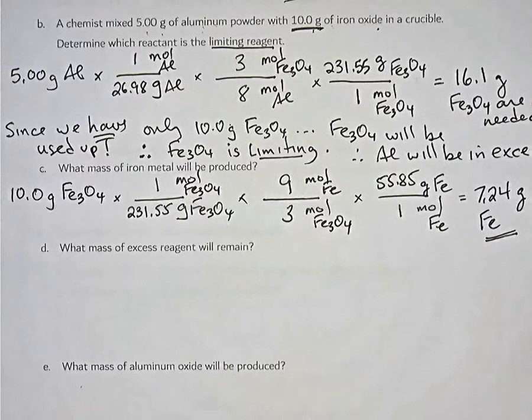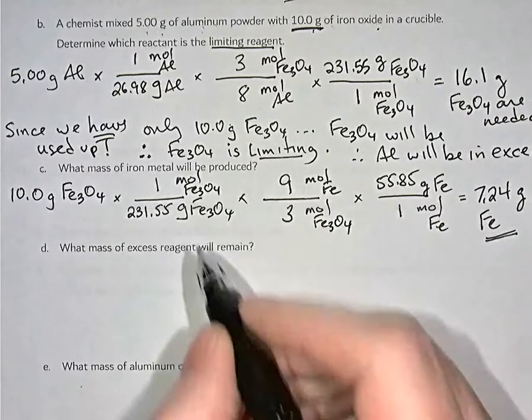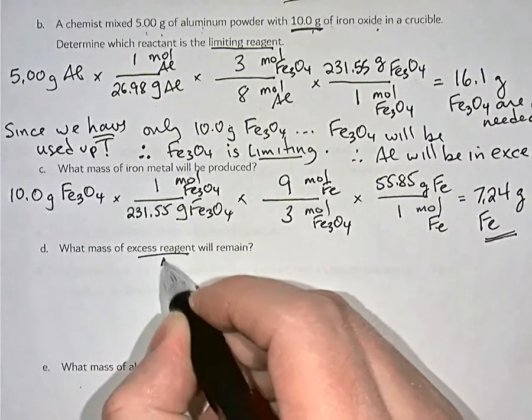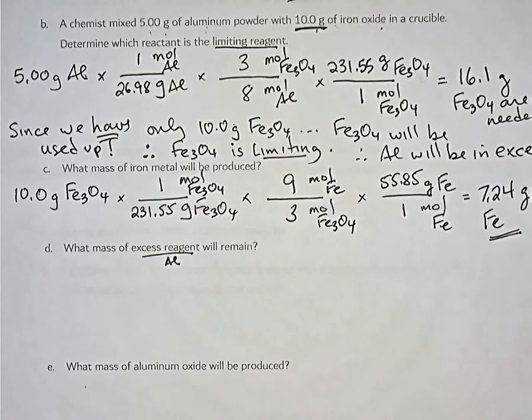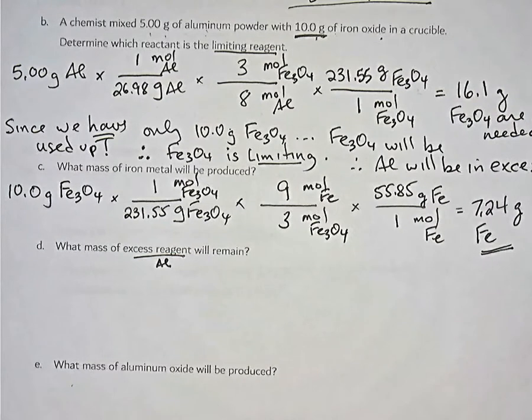What mass of excess reagent would remain? The excess reagent was the aluminum. So we're really asking how many grams of aluminum would remain. Well, to answer this could be a very quick subtraction, or we might need to do a unit multiplier followed by a subtraction. How do you know what to do? Well,